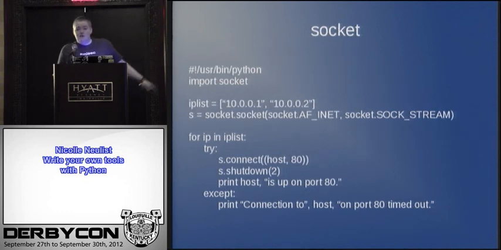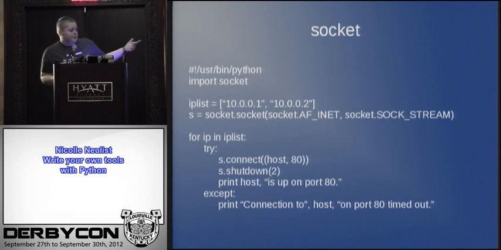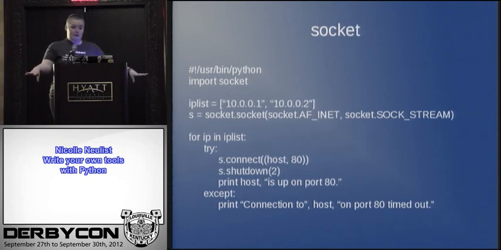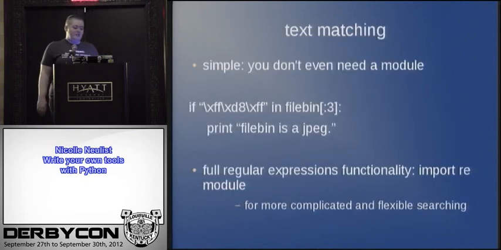Try except is just error handling. So let's say that it times out. It shuts down after 2 seconds, nothing comes back. It's going to error out. The except block is going to catch it, and instead of printing error messages on the screen like you saw in the interactive shell help, it just says connection to host on port 80 timed out. Your program's not going to crash. Try except is really nice for that.